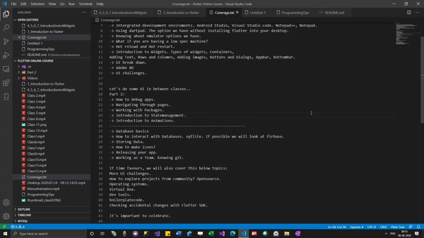This kind of state management can be done in multiple ways in Flutter. There is not only one way of doing this. There are multiple ways, and each and every method might have its own advantages and disadvantages. So let's look into this. State management in Flutter can be achieved, at initial levels, through stateful widget.